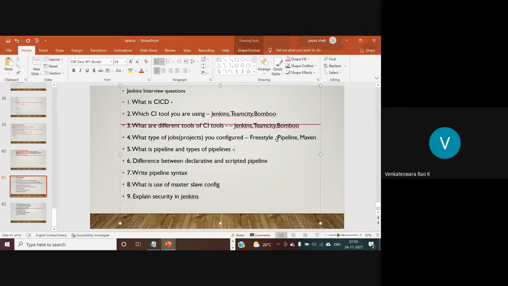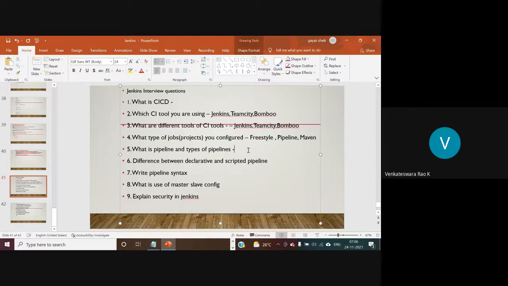Coming to the pipeline project, with the help of a pipeline project, we can create a total end-to-end pipeline for our software development lifecycle. The pipeline includes getting the code from GitHub, performing the build operation, the testing operation, then the clean operation, then the deployment operation.